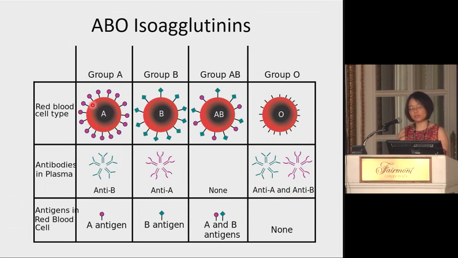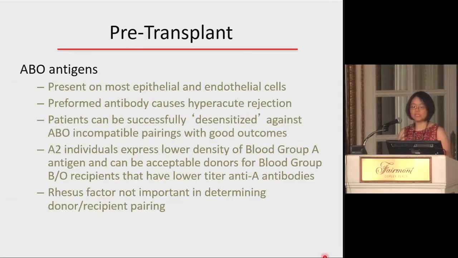And so transplanting across this ABO incompatible barrier is something that we could potentially do, but we would need to do it in conjunction with what we call desensitization, so things like splenectomy or use of rituximab. Now, we used to do this a little bit in the past, but that's fallen out of favor now because a lot of people are utilizing living donor exchange programs, such as the NKR or the National Kidney Registry that you've probably heard about. And of course, that's a lot better because then we don't have to do these extra things in terms of